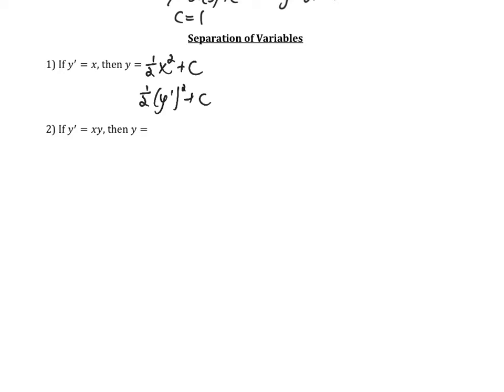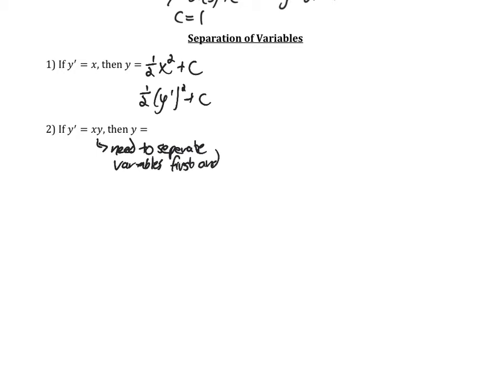If y prime is equal to x times y, this is really where all the work is going to come in, where most of our learning is going to take place. When you see something like this where we have an x and a y as part of the derivative, we have to do something called a separation of variables. So what we need to do here is separate, and you'll see how this is done in a second. We need to separate the variables